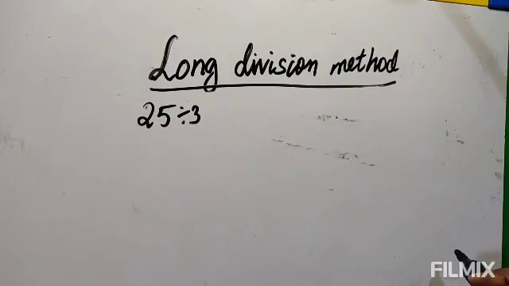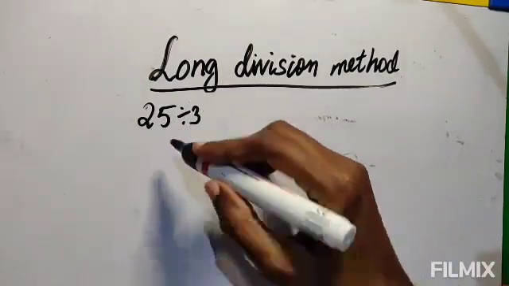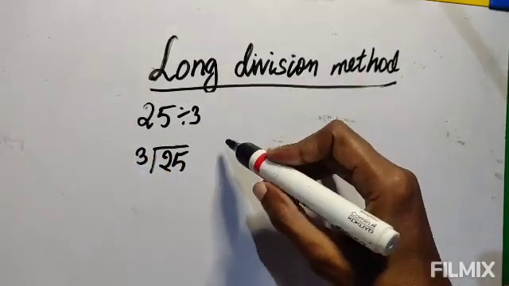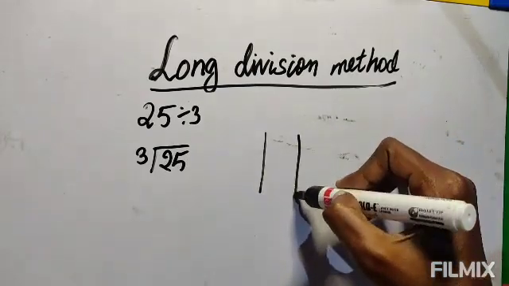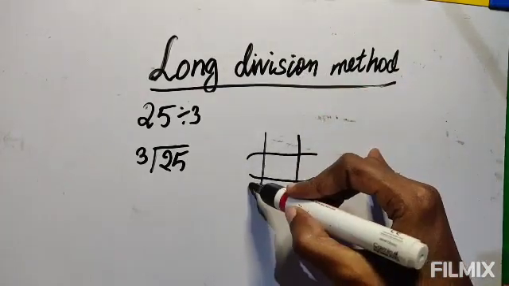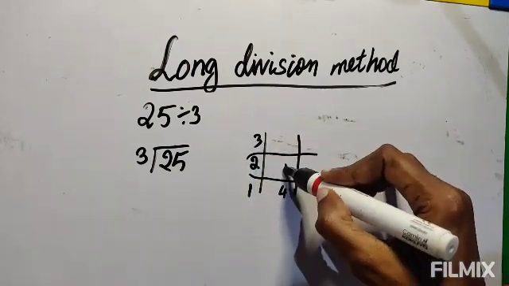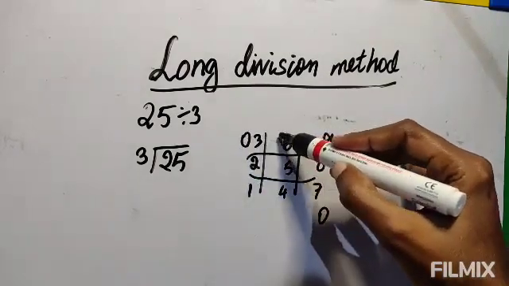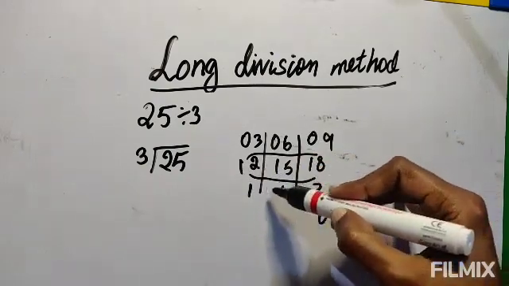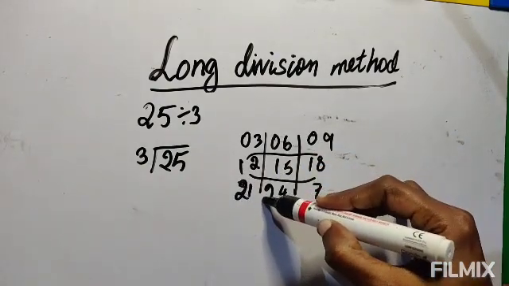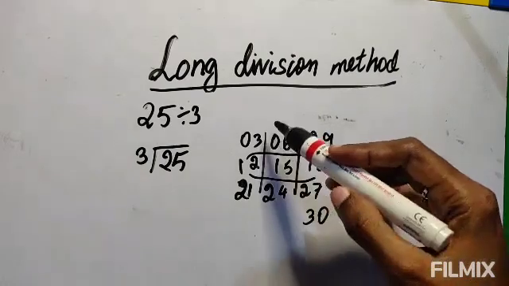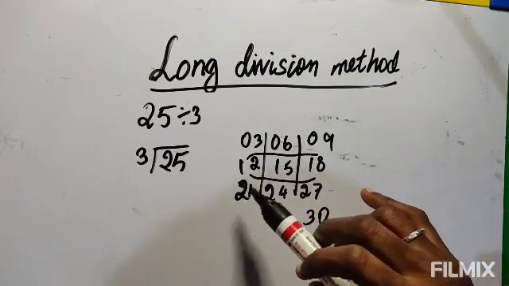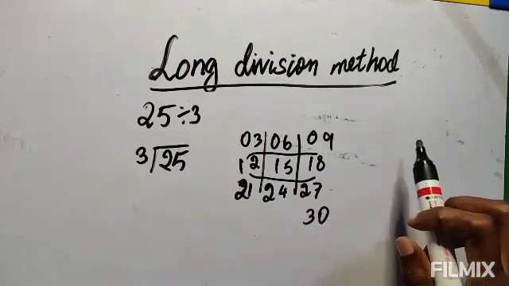Now let's see the division with a remainder. Now 25 divide by 3. So the dividend is inside, the divisor is on the left side. So let's write the 3 table. I am giving a shortcut. Already I have taught you the same method. So 1 2 3 4 5 6 7 8 9 and here 0. So first row 0, second row 1, third row 2, and here 3. So 3 ones are 3, 3 twos are 6, 3 threes are 9, 3 fours are 12, 3 fives are 15, 3 sixes are 18, 3 sevens are 21, 3 eights are 24, 3 nines are 27, 3 tens are 30.